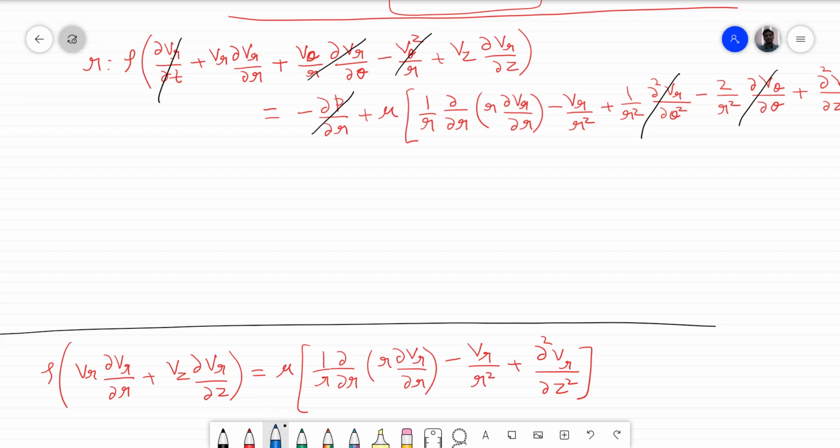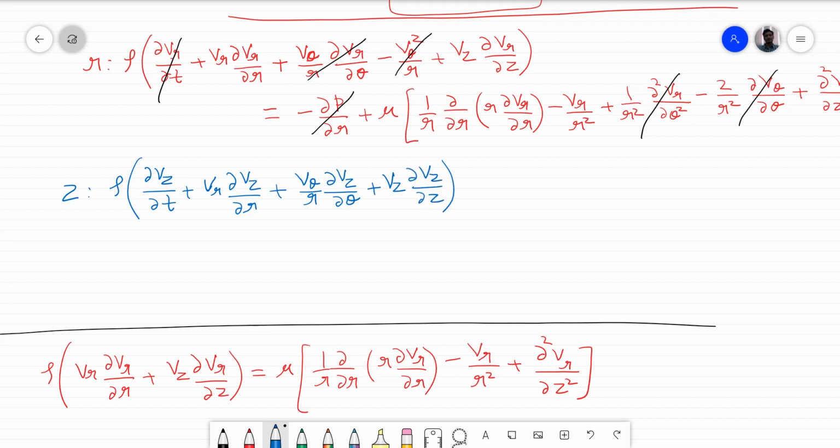All right, so the z equation is rho (∂Vz/∂t plus Vr ∂Vz/∂r plus Vθ/r ∂Vz/∂θ plus Vz ∂Vz/∂z) equal to minus ∂p/∂z. This ∂p/∂z is not equal to 0 because this is a pressure driven flow,